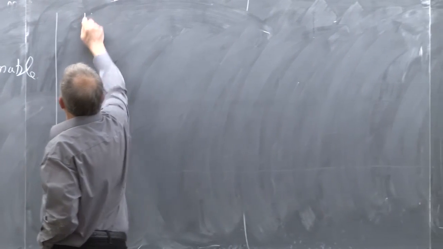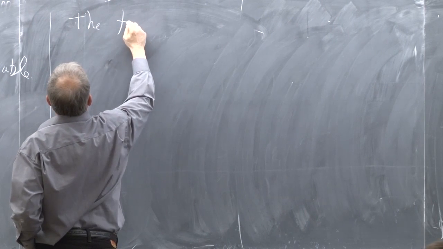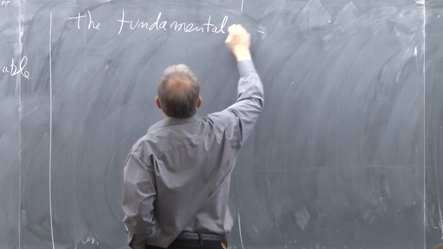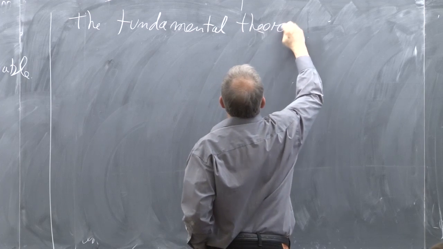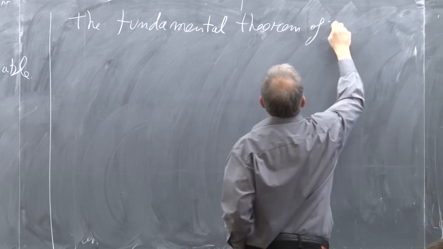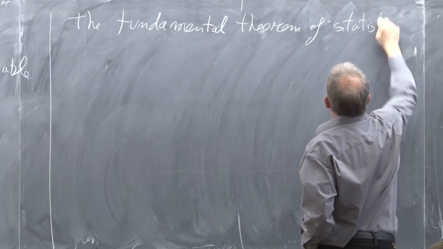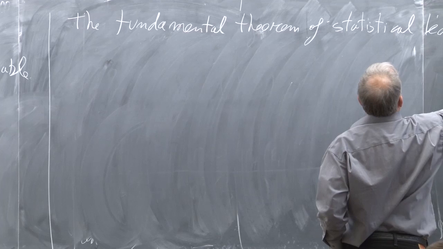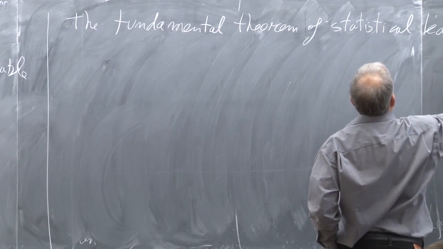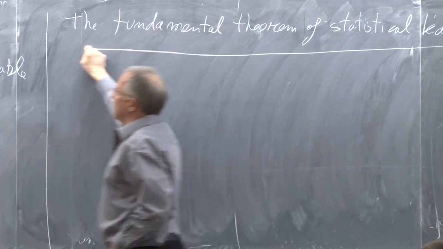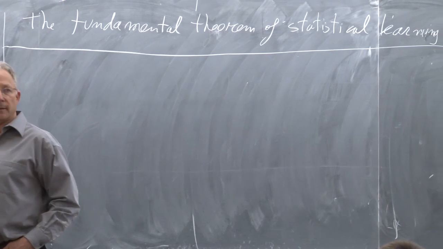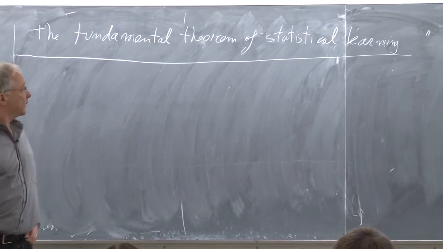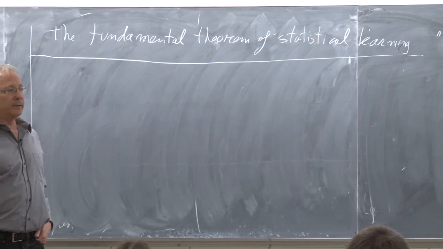statistical learning. The fundamental theorem of statistical learning. Statistical learning is what we are doing now. We are learning from random samples. And it says that